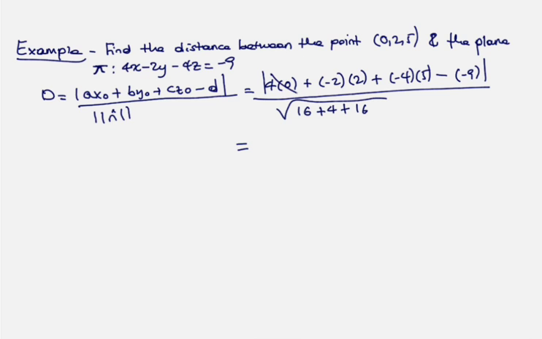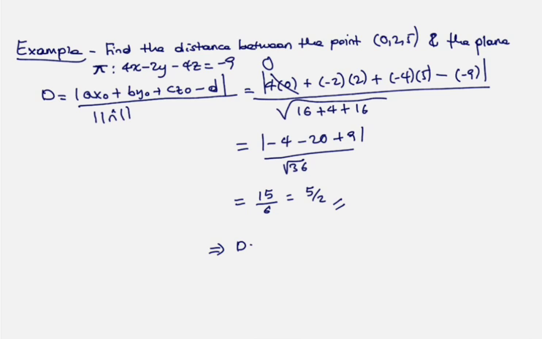ይሄ 0 ነው, minus 4, minus 20, plus 9 ይሆናል, over the square root of 36። ይሄ ማለት absolute value of minus 15, which is 15 over 6 ይመጣል ማለት ነው። ይሄን ሲምፕሊፋይ ስናደርገው 5 over 2 ይመጣል ማለት ነው። ስለዚህ ባጭሩ our distance 5 over 2 units መጣ ማለት ነው።